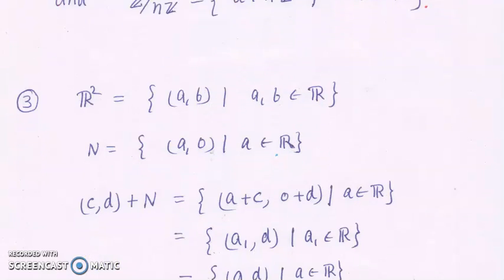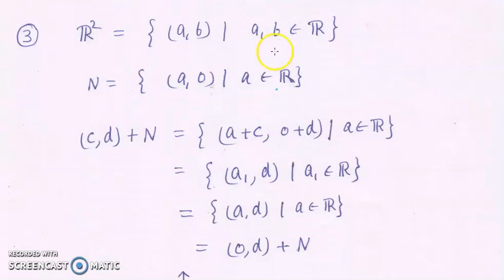Okay, now come to another example. Suppose I am taking R2. R2 is a group with respect to coordinate-wise addition, and you have seen that it is a vector space also. So the same R2 I am considering. Let us take one subgroup. Because R2 is abelian, all its subgroups will be normal subgroups. So I take one subgroup N = {(a, 0) : a belongs to R}. You know that it is the x-axis if you represent R2 in the xy plane.